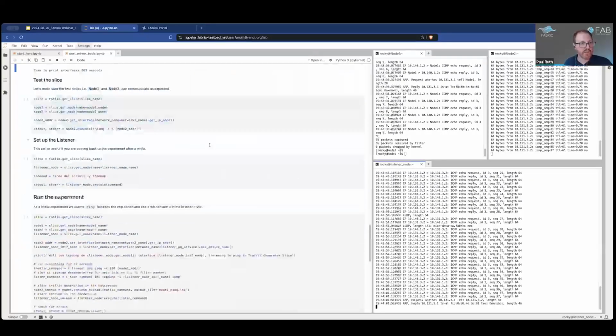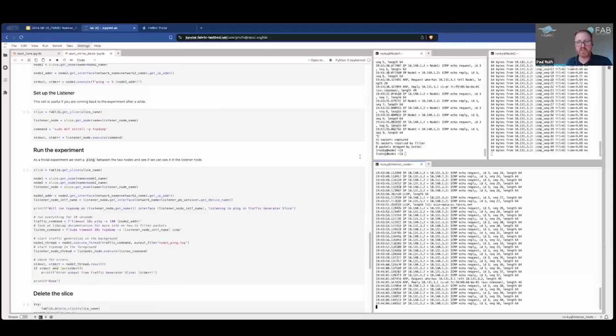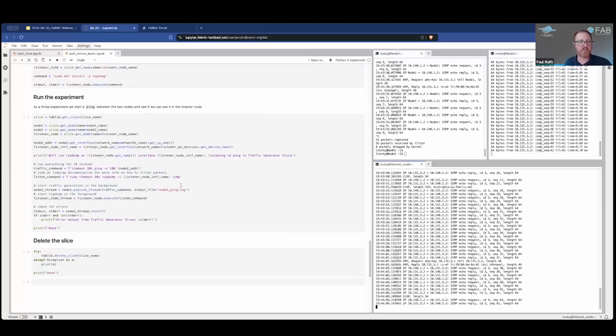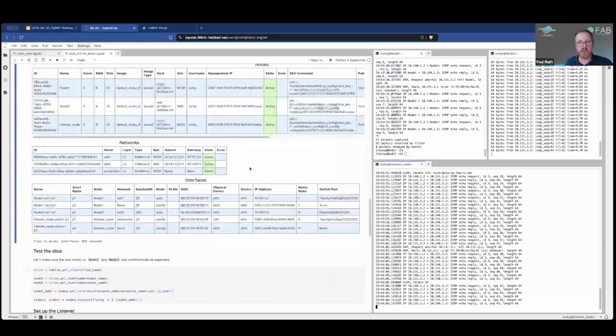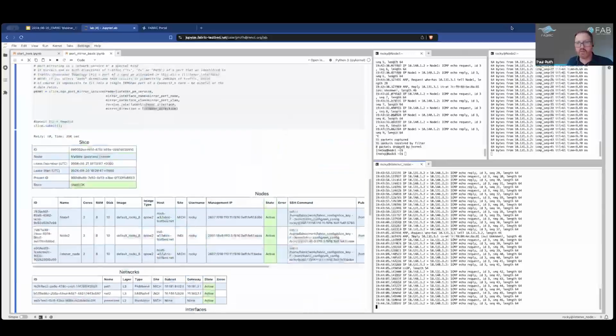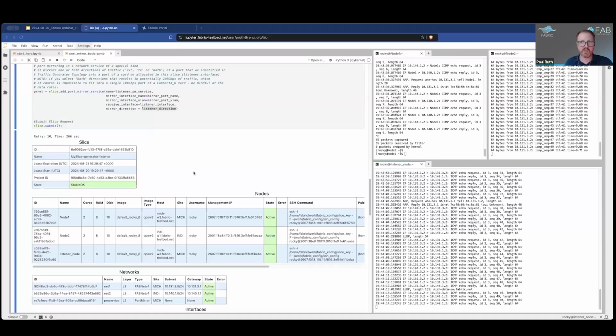All right, and then the rest of this example just basically does these pings like I'm doing, but it does it automated, so you can look at that if you like. All right, so I hope that's interesting. If you guys are live, I'd answer some questions now, but we're going to go to the next thing, and then we'll get to questions. So the next thing,